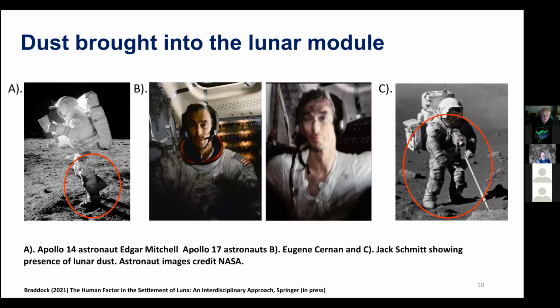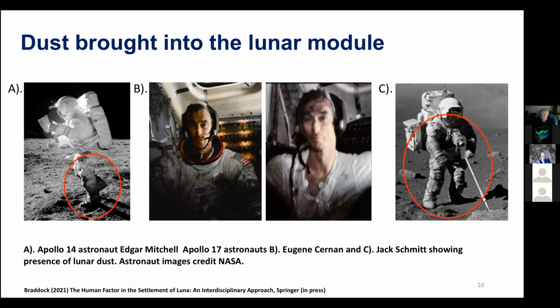So again, some wonderful photos here. Some of them a little blurry, the one in the middle on the right a little blurry, but the photo on the left here very clearly shows on Mitchell's legs and boots, regolith, or the dust component of regolith, adhering to his spacesuit, and the standard practice that you'll find if you trawl through some of the NASA files is as